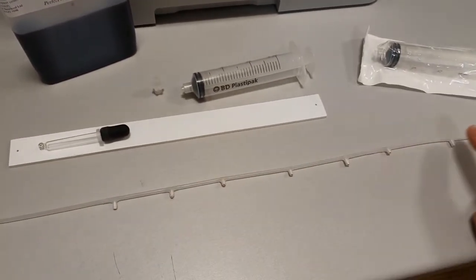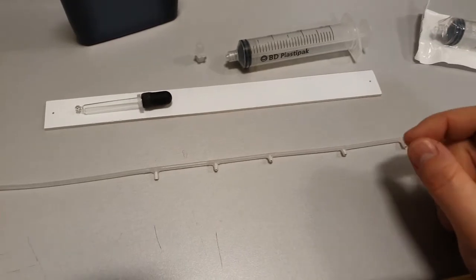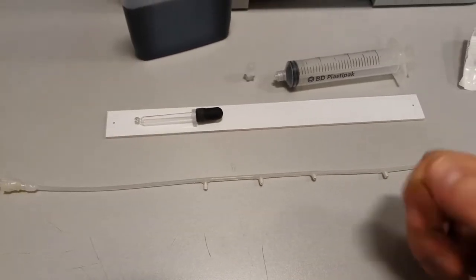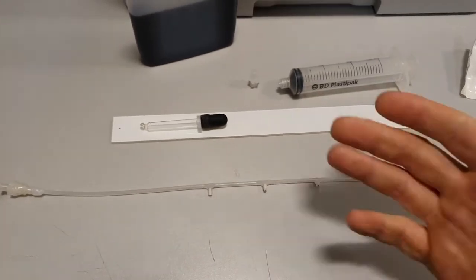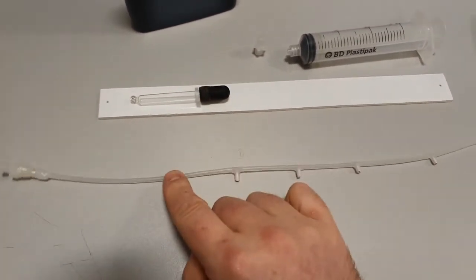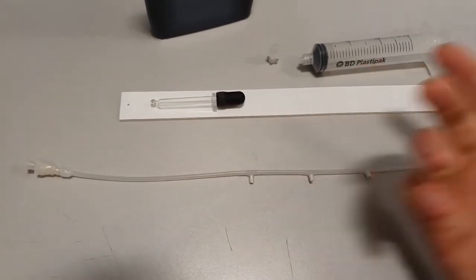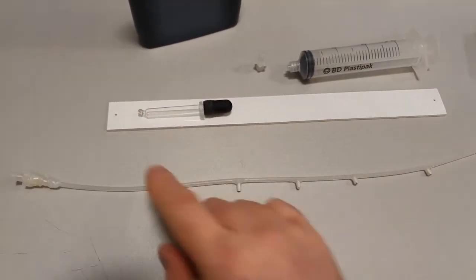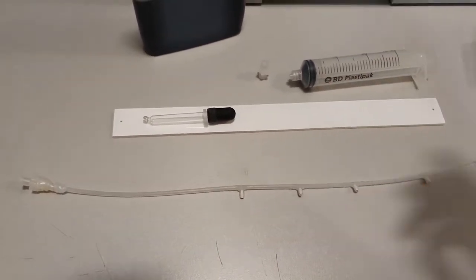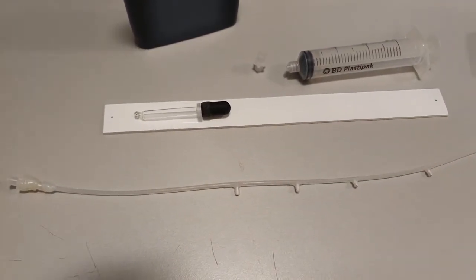I'm not quite sure what this is. It's not rubber. It's not like latex. It's somewhere in the middle. I mean, the lines that you have, IV lines, are very different. This is more like for domestic use, crafting maybe, I don't know. You wouldn't put anything high pressure through here because it would just pop. So for what I needed, it was perfect, but it's definitely not for